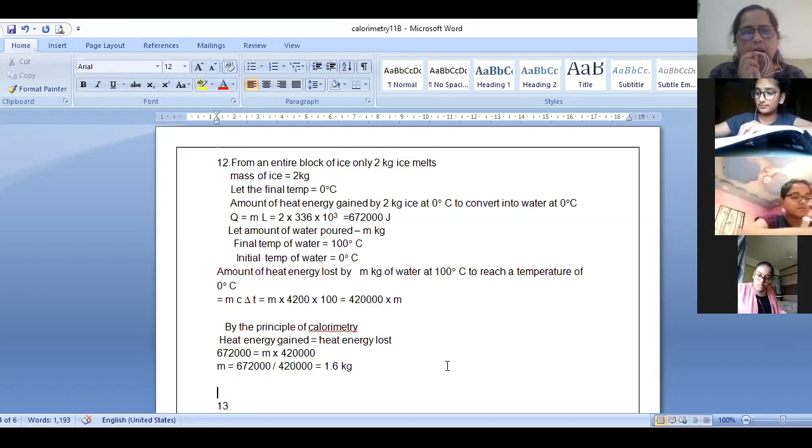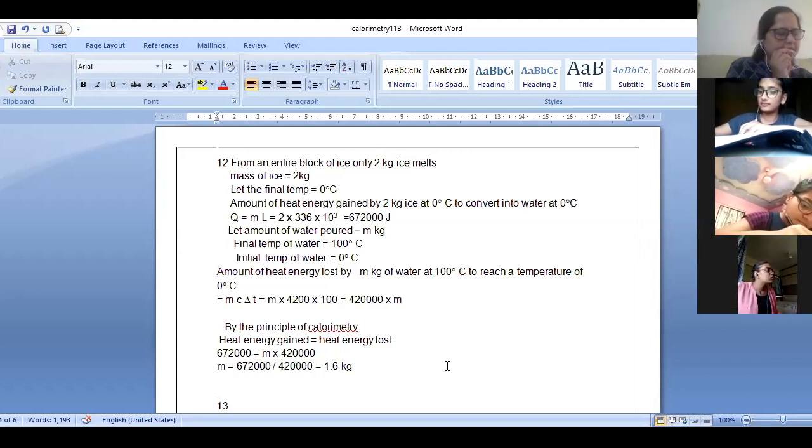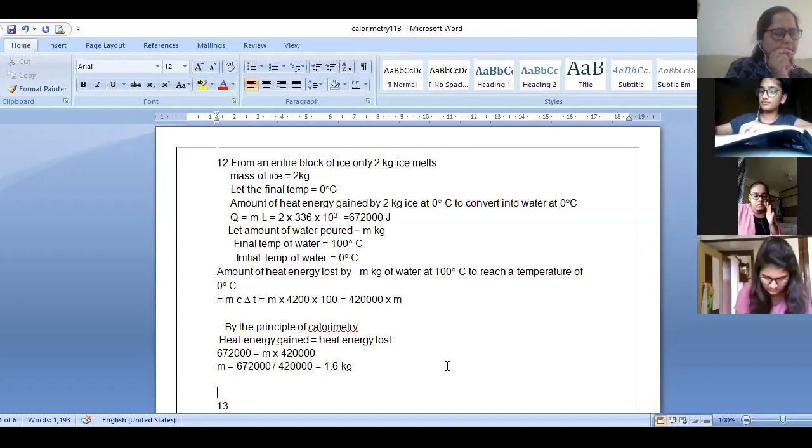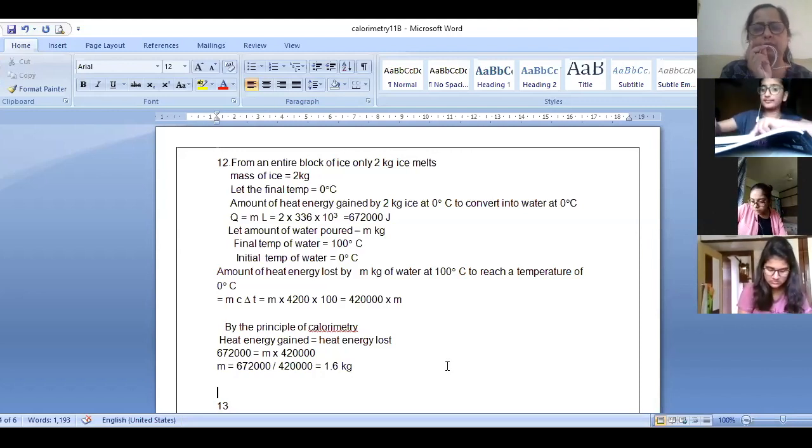Aditya, come on, you tell me what will I take the value of M? What will be C and what will be delta T? M will be 100 grams. C will be specific heat, 2.1 joule per gram per kelvin. Very good, that is what I wanted to hear. C will be specific heat capacity of ice and not water, 2.1. And delta T? 10. Very good. So 0 minus 10, so plus 10. So that is the first statement.